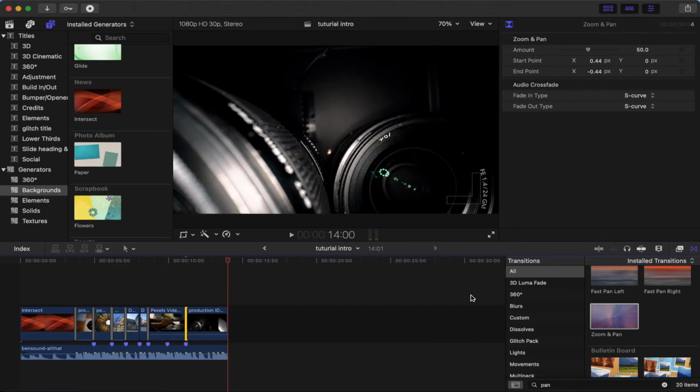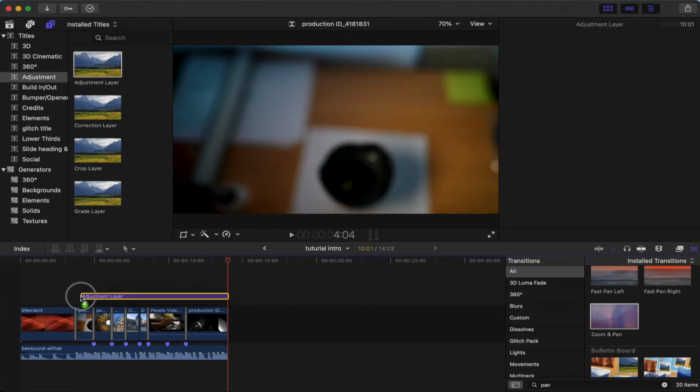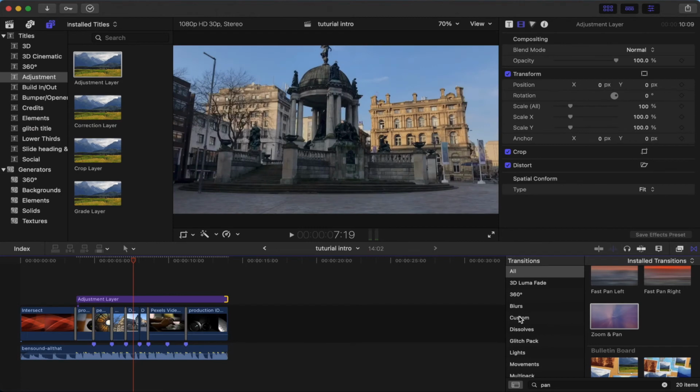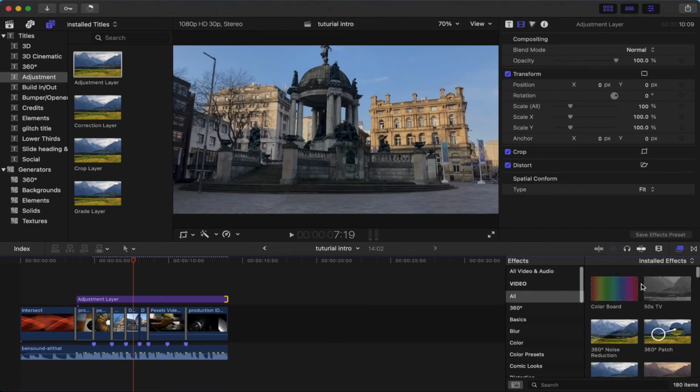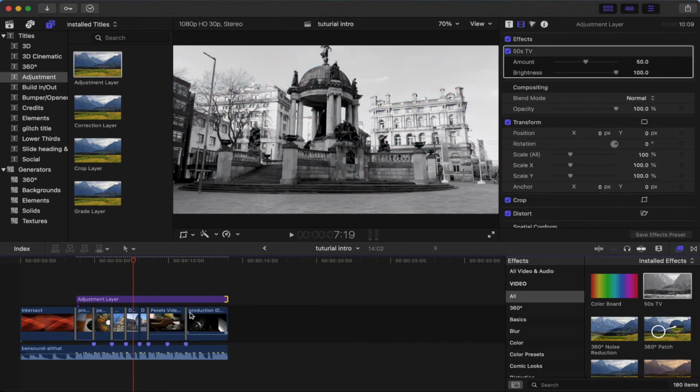Okay. Now we are gonna add an adjustment layer on the top of the clips, and we are gonna select the look of the 50s TV, and it will change to black and white. So after that we are gonna do